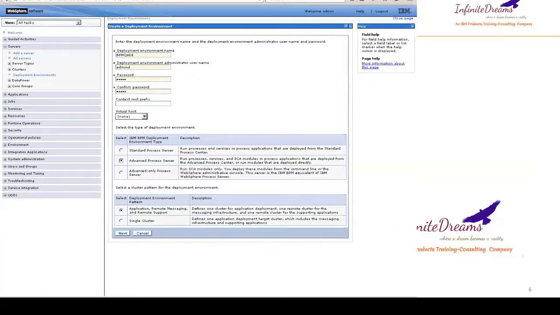So you have to give the username and password. Okay, fine. Confirm password, and now you have to select one. Okay, in the top three: standard process server, advanced process server, advanced only process server. Okay, so which one do we need to select? We need to select, if you have IID plus